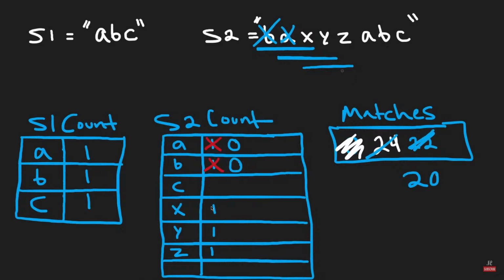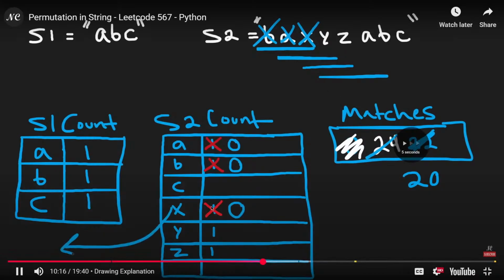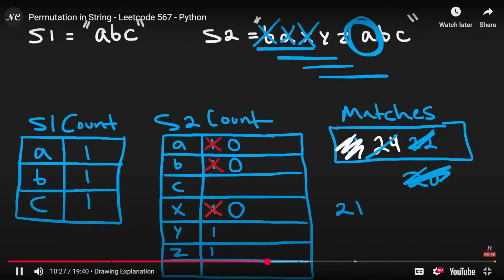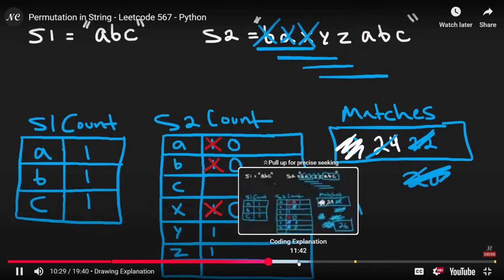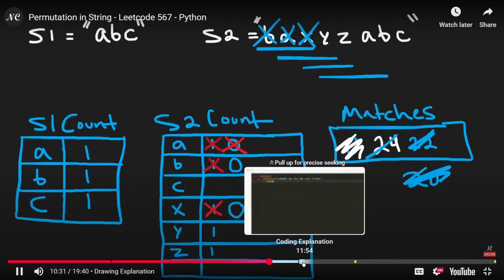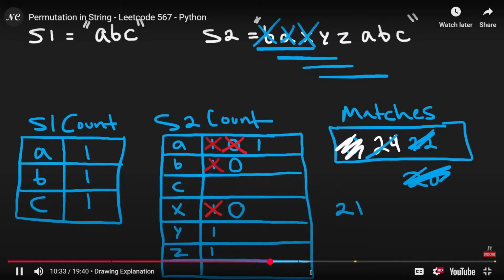Now let's shift our window one more time. Let's chop off this X. So X count is now going to be set to 0. We added this A character at the top, so let's increment the number of A's. We went from having 0 A's to now having 1 A, and that's what we were looking for, right? Because